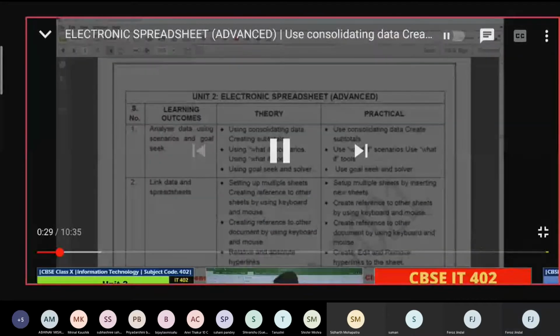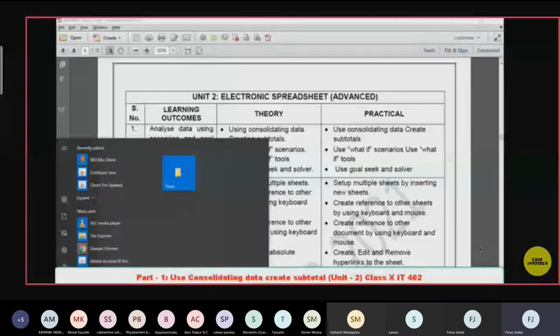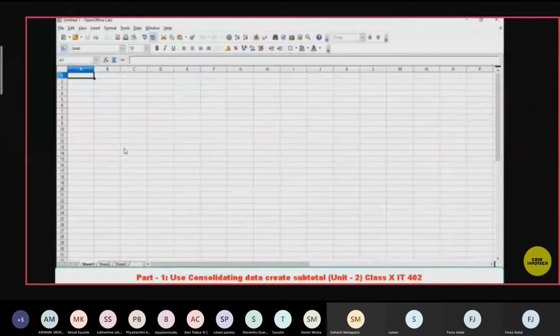Let us start now. You require OpenOffice Calc for this. For digital documentation we use Writer, but here we will use OpenOffice Calc. We go to the start option, type Calc, and OpenOffice Calc will be seen. You click on that and the OpenOffice Calc screen will come. It looks just like Microsoft Excel, and the same work will be done here also. This is also an electronic spreadsheet. It is a free application without any charge, because it is open office.